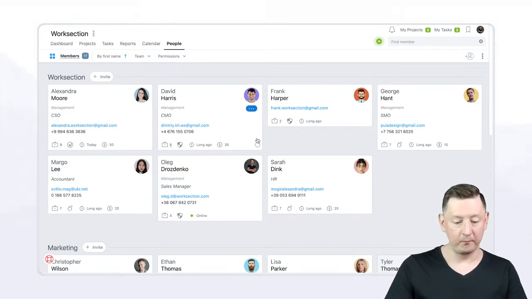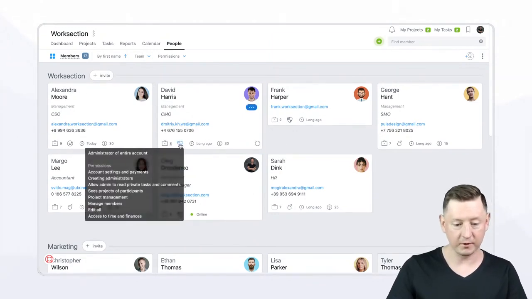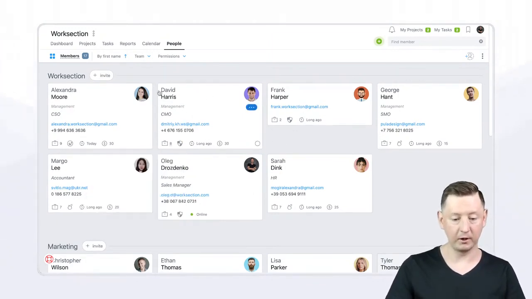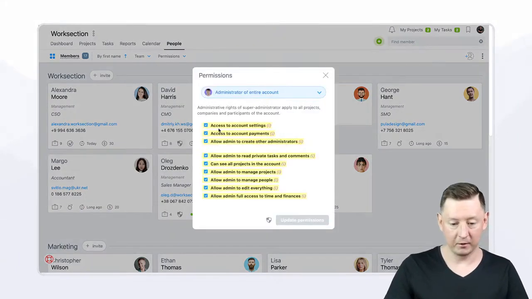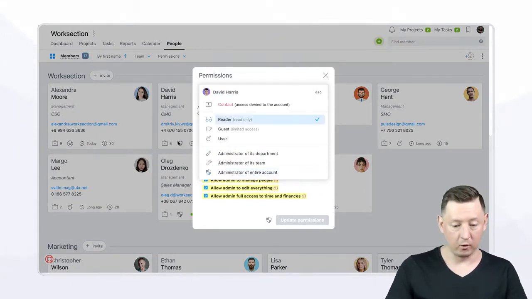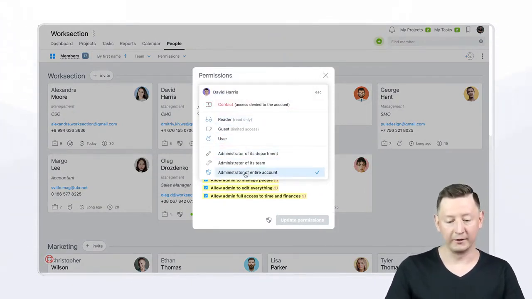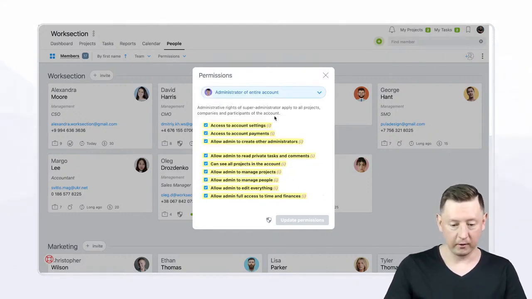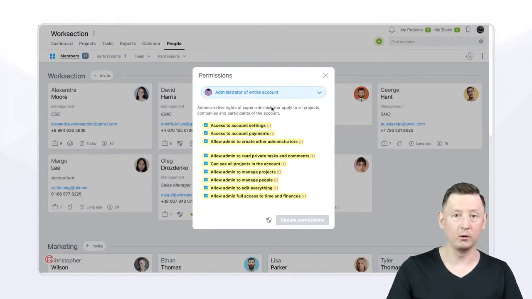So we will see the roles, for example, on our employee David Harris. And what do we have here? The next role after owner is the administrator of the entire account. The employee with this role can do everything, can access all accounts, all settings, and can see all projects, tasks,